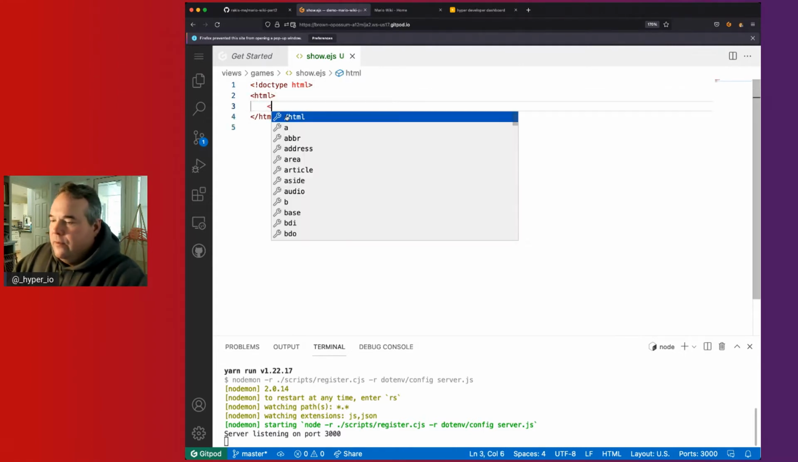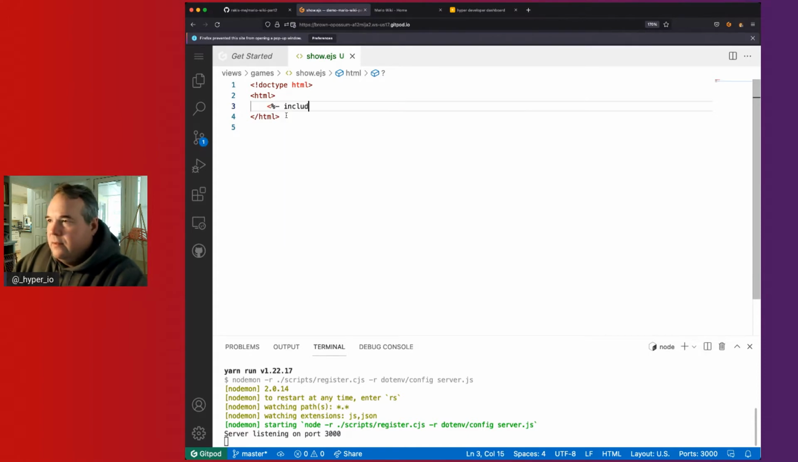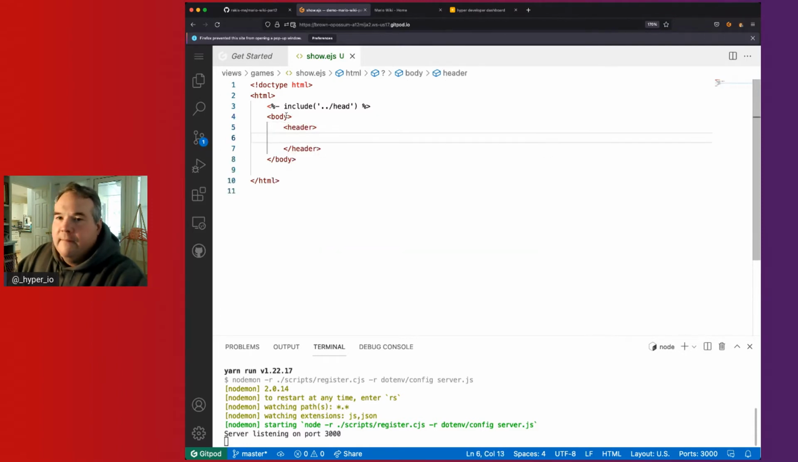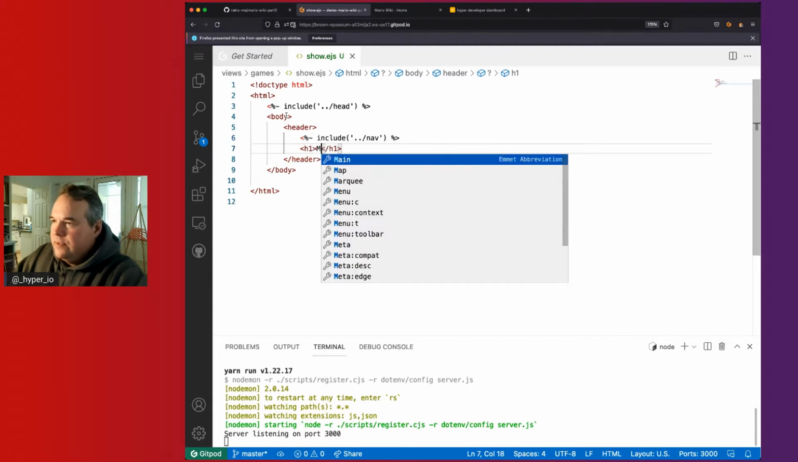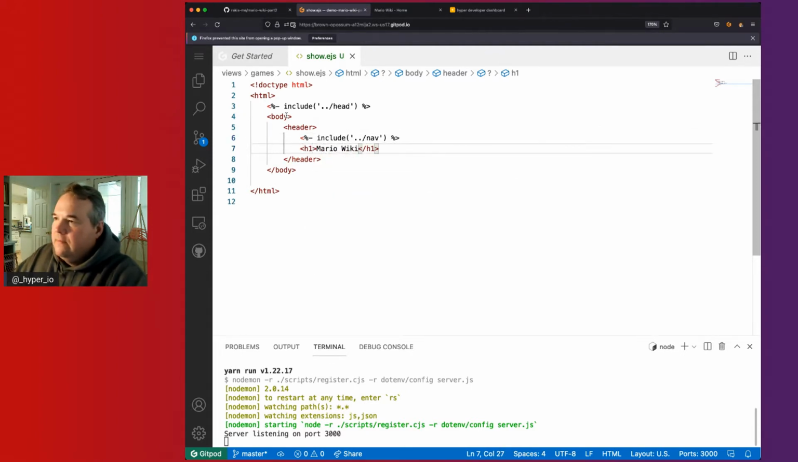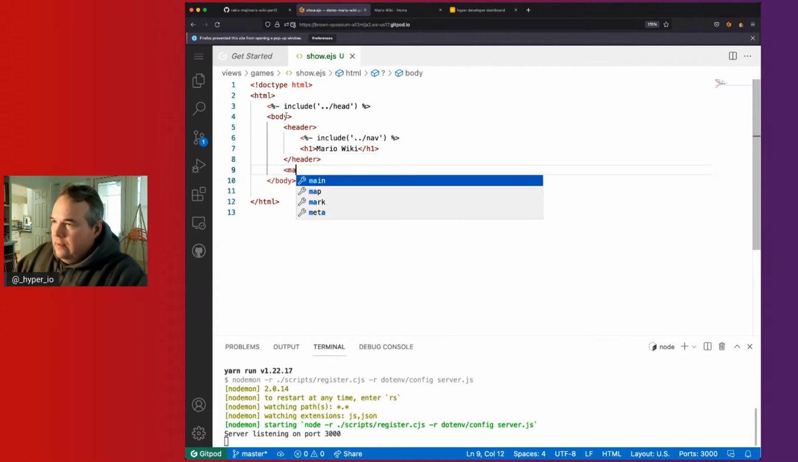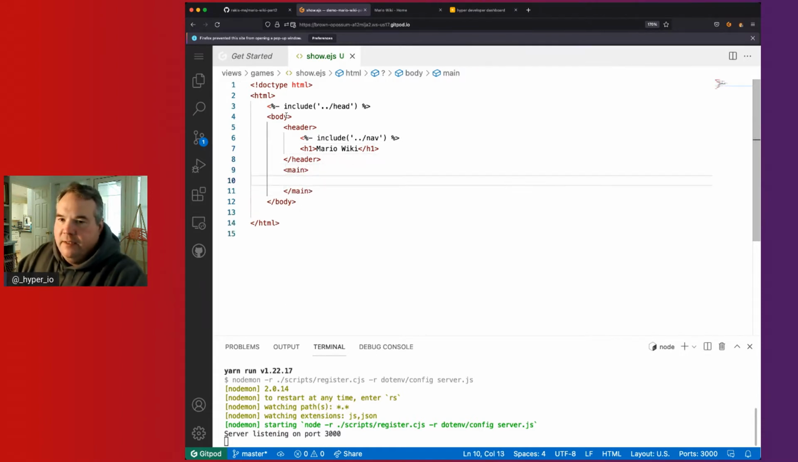and we're going to include the head section, and we have the body, and then a header, and then we're going to include our nav, right? And we'll set our title, and then in our main, what we want to do is